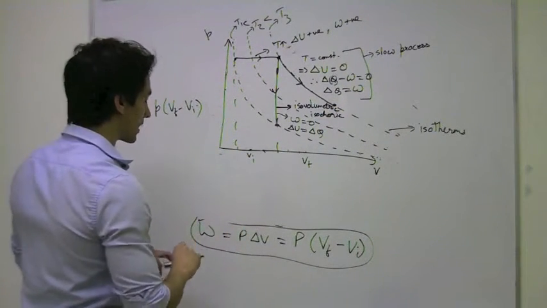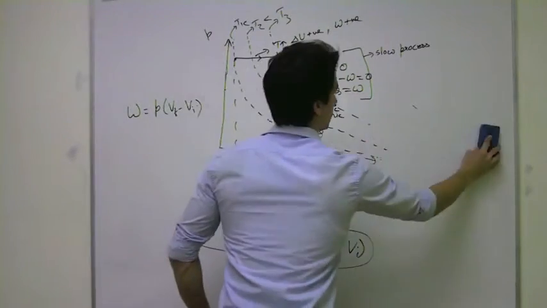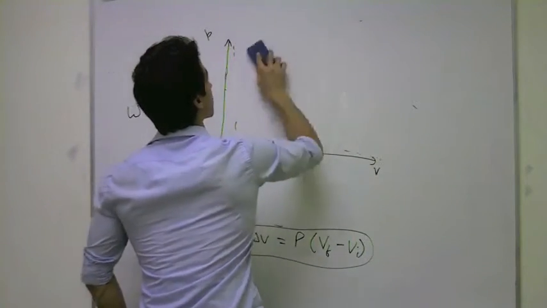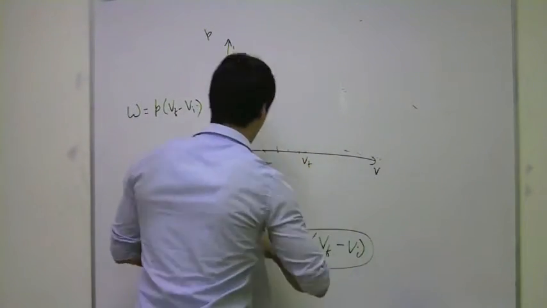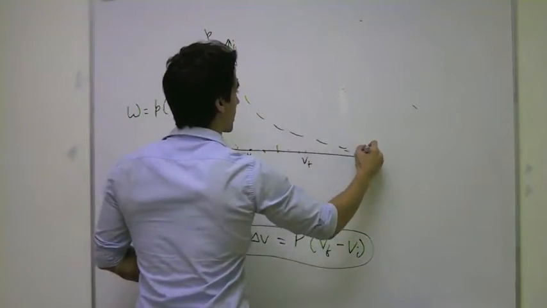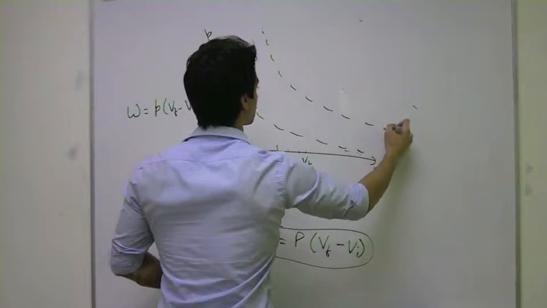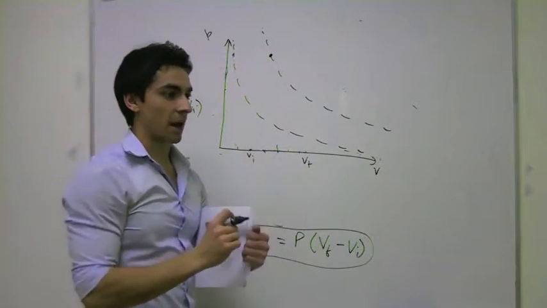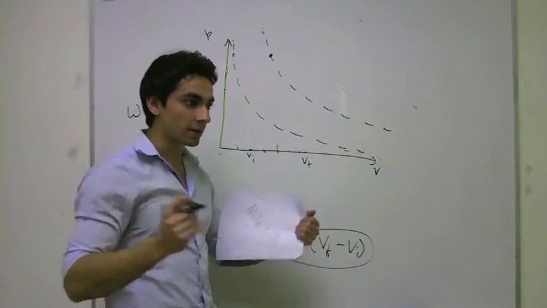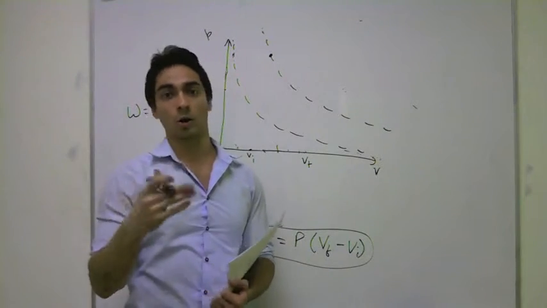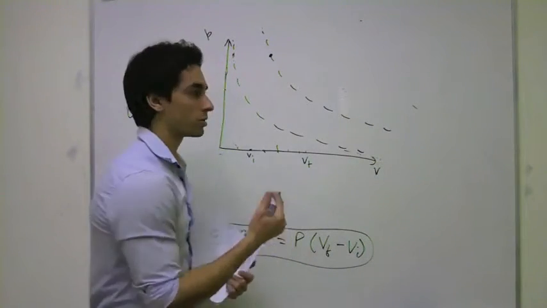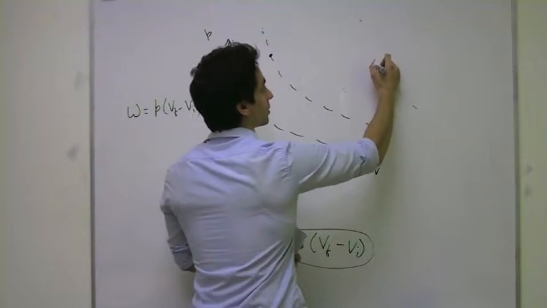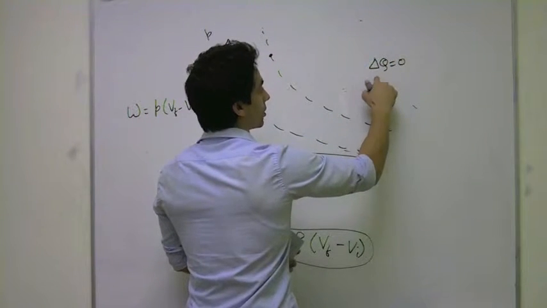So those are the 3 kinds of processes, and the last kind, which is also quite important: I have one isotherm here and another isotherm here. Let's say a gas at this state is expanded suddenly. Sudden expansion means that there is very little or no time for heat exchange. So there is 0 heat exchange, which means no heat is added, and therefore